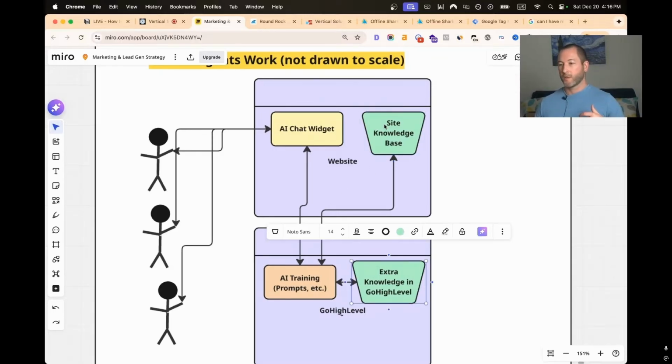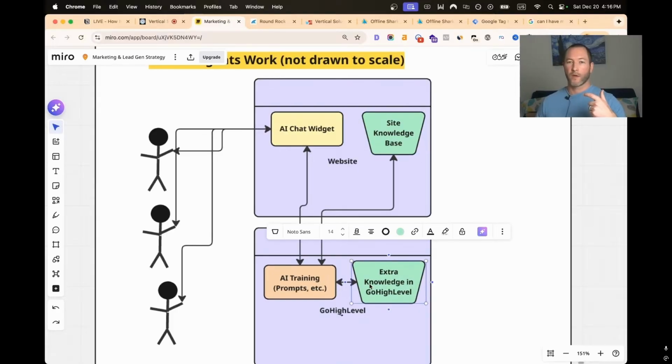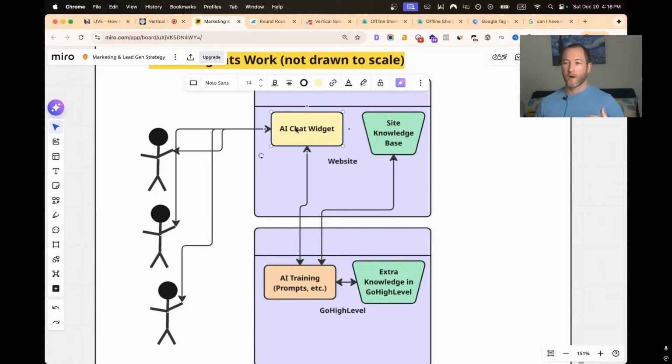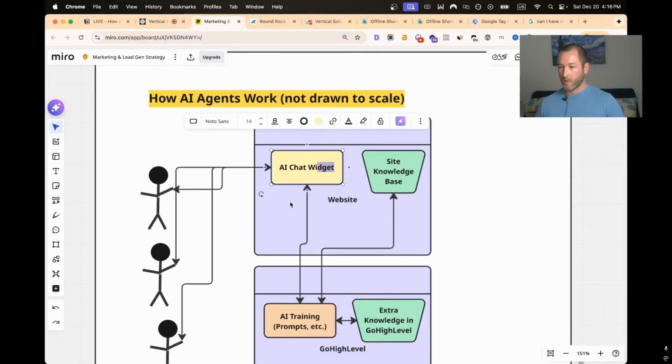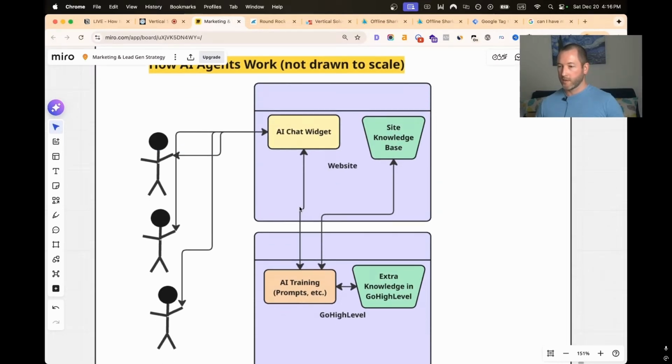And then this knowledge base from their website, and this extra knowledge that we put in Go High Level, and that might be where we put FAQs and everything, and then it returns an answer. And in this case, our AI chat widget also, let me make a small update here, because our AI chat widget actually connects to,